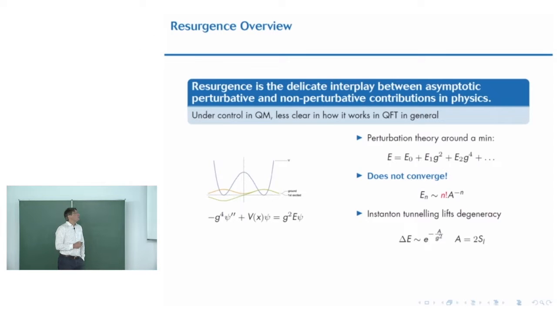And this is the idea of resurgence, which is how non-perturbative contributions correct and understand this factorially divergent behavior of perturbation theory. And in this context of quantum mechanics, this is really well established. And really, the question is quantum field theory. Can we make this idea fly in quantum field theory? And that would be giving us a mathematically precise meaning for what quantum field theory is.